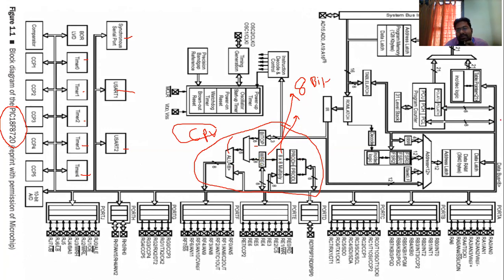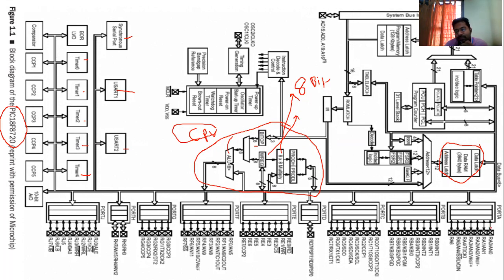Now see these ports. Now these are the memory series. These are the data memory. Likewise, we have the program memory also available. These follow the Harvard architecture. That means the program memory has separate address lines, as well as the data memory has separate address lines as well as data lines. So the program memory and data memory are not on the same bus, and the address lines are different for both the data memory and the program memory.